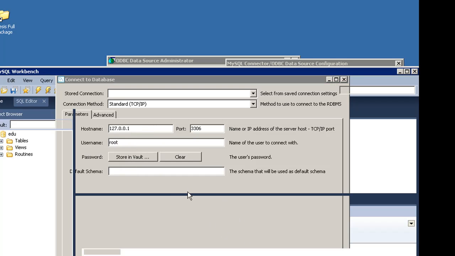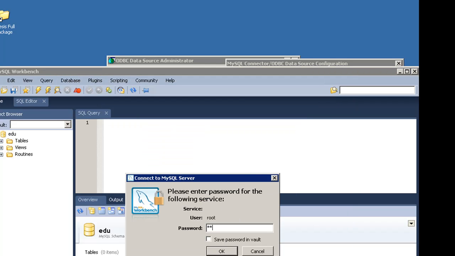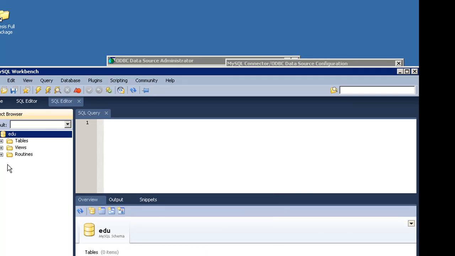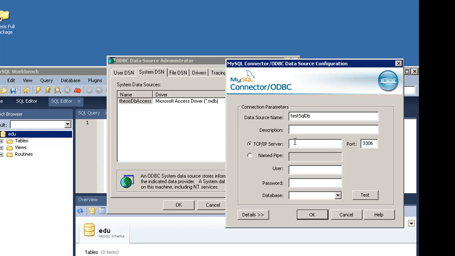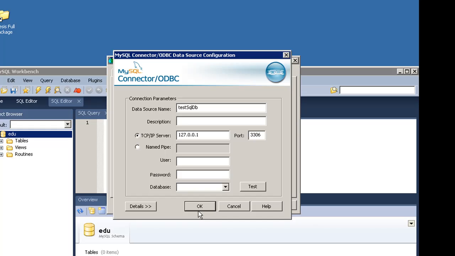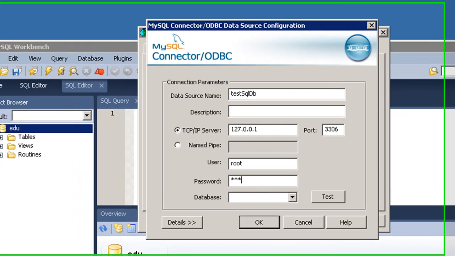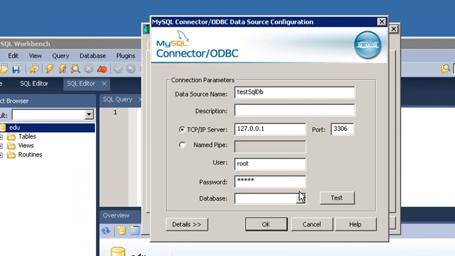Okay, it asks for a password again. That's alright. So we will paste this. Okay, username. What is our username? Our username is root, and the password is water. Okay.